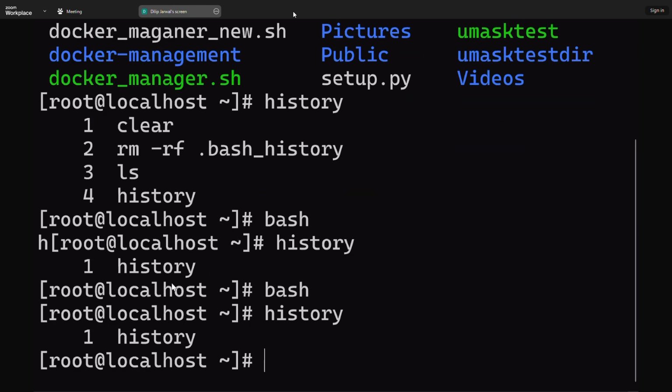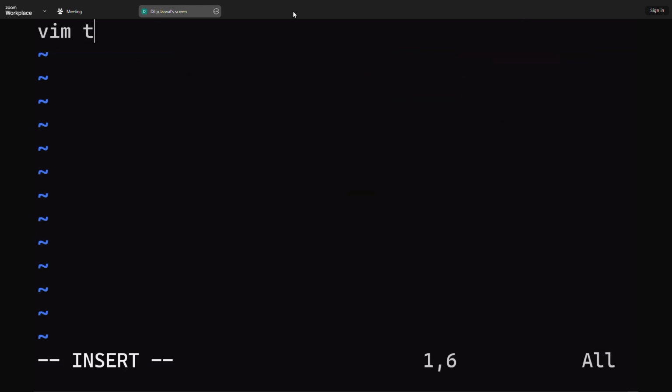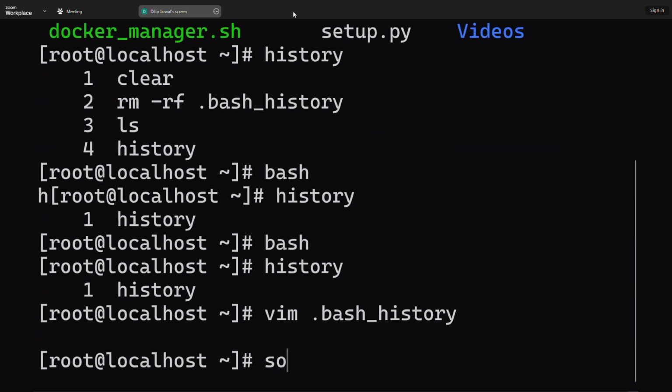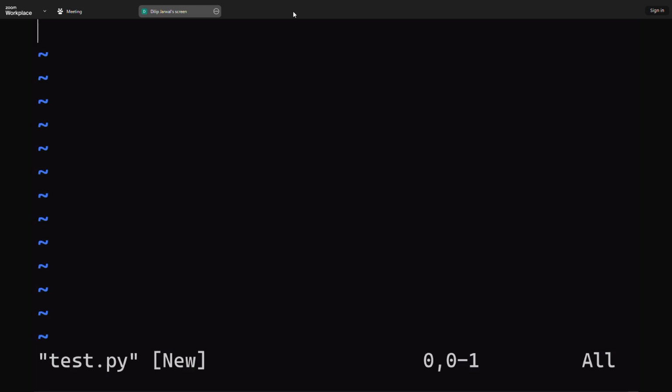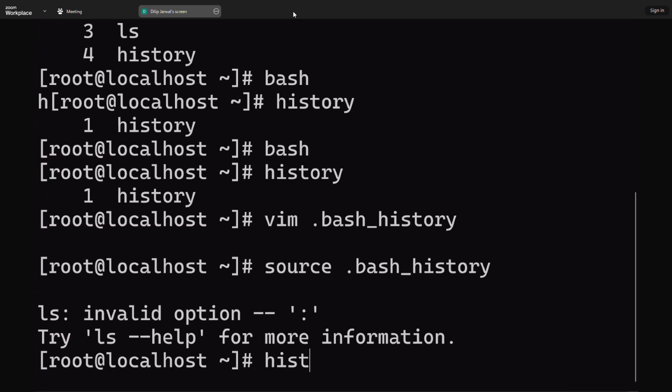If you want to recover the history, you can use a recovery tool and recover that file, then paste that file again here. Or, like, if you create the .bash_history file with vim and write the commands manually, like vim test.py, ls -la, and save that file, then load the file again with source .bash_history, it loads the history again. Let me do one thing. Okay, if you check the history command now,